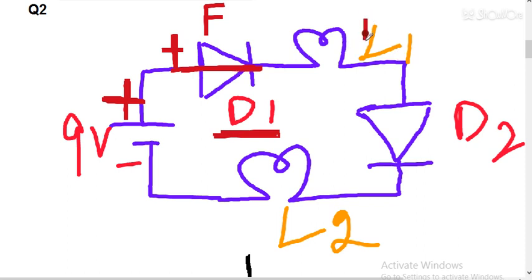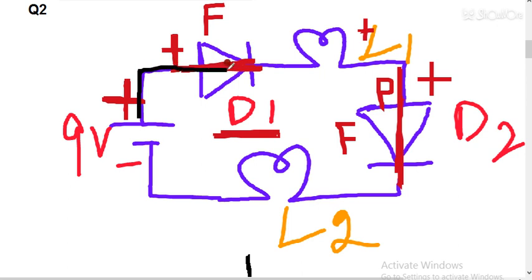Now positive voltage will go to this light and further positive voltage will go to this diode. Now it is again the P side, so the P side is connected to positive voltage, that means it is again forward biased, so it will act as a closed switch again. So two diodes are there and both are acting as forward biased closed switches. So this circuit is now complete. From this battery you can see the circuit is complete: light, then again diode, then further, this is the complete circuit.